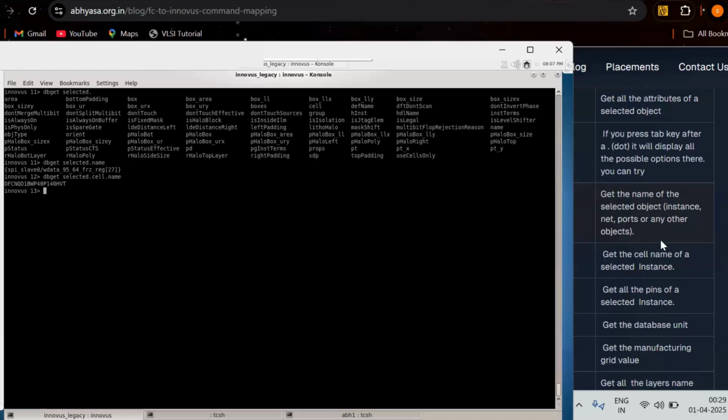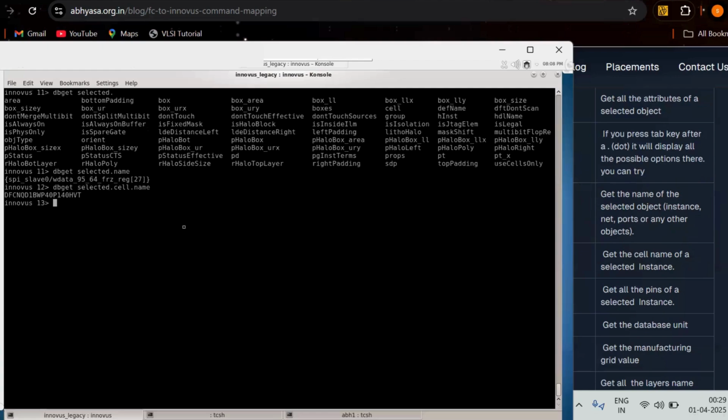Let's get to the next command. I hope, guys, you're focusing on these commands. Let me slightly increase the size of it. Okay. So now let's get to the next task: get all the pins connected to the cell. How do we get that? We use dbget selected, it's an instance. So how do we get the pins? We have something called